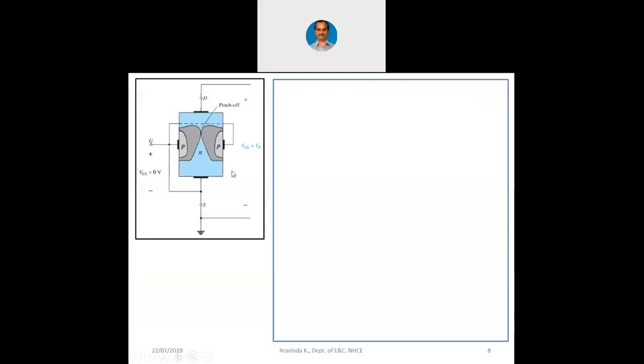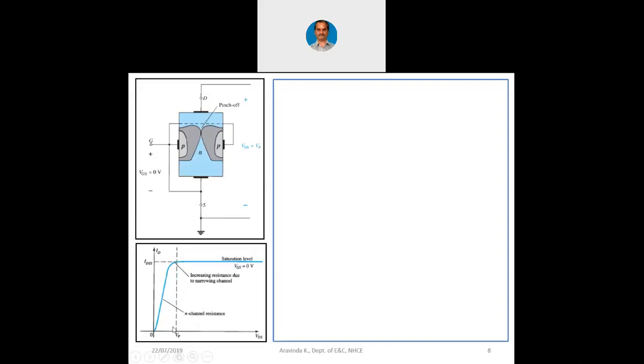You can see this picture where this itself is now pinch off. You can see between drain and source, the power supply is there, VDS, and there is a touching of the depletion regions from both the sides. That is why at that time that VDS is called as VP. That VP is the voltage at which pinch off occurs. That's why VP itself is called as pinch off voltage. Here the gate voltage is not important for us, because right now we are connecting gate to ground itself.